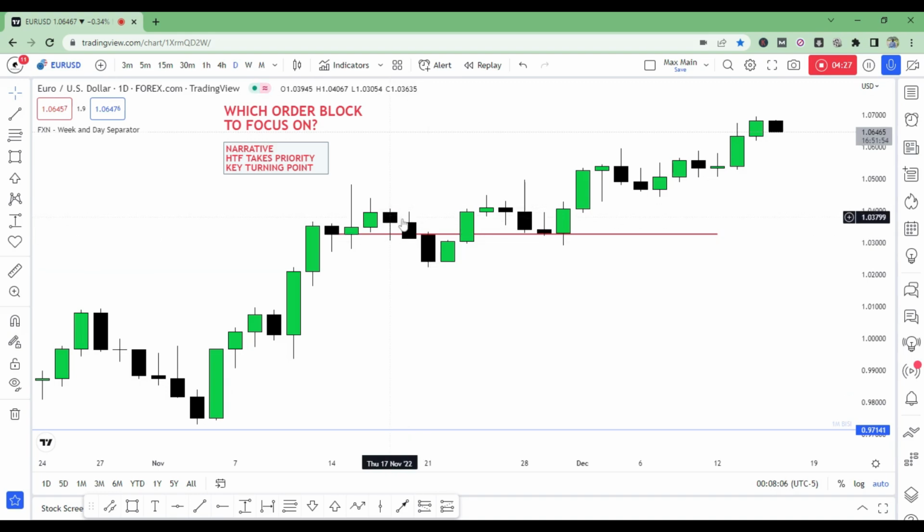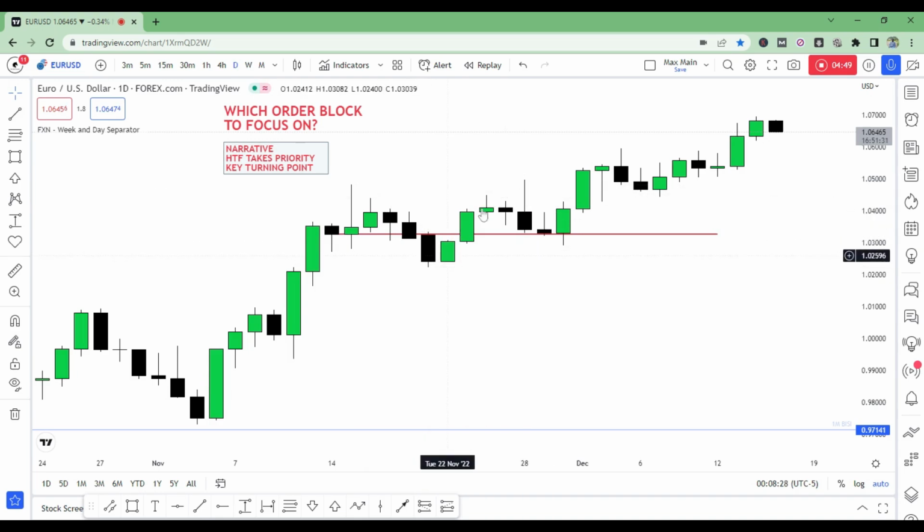Because if you look at it, these are all down close candles, but the basic or classic teaching is that the order block is the last down close candle. But I'll also say that these three candles, since they're consecutive down close candles, are also considered order blocks once the range is taken out. But when you focus on this one,